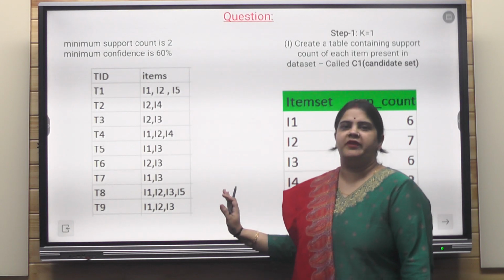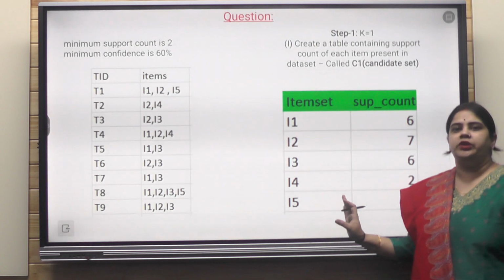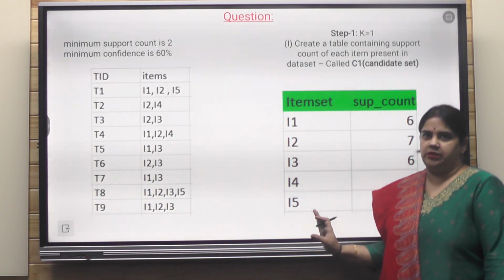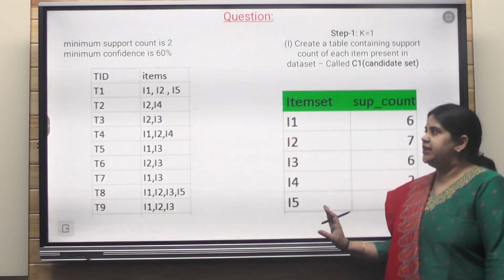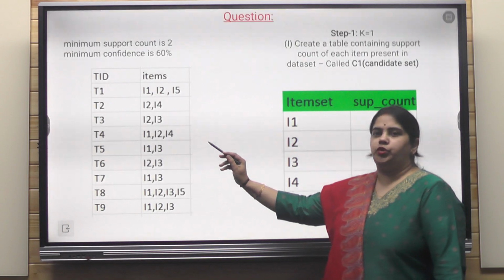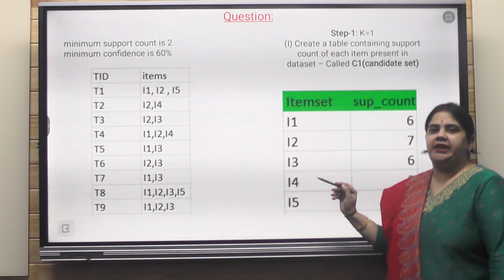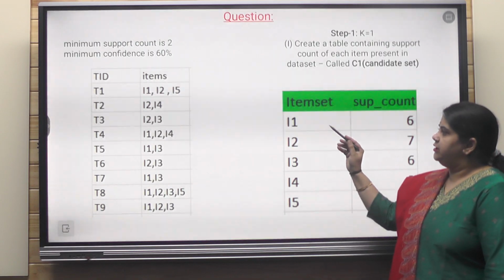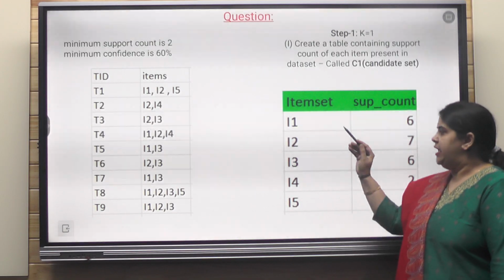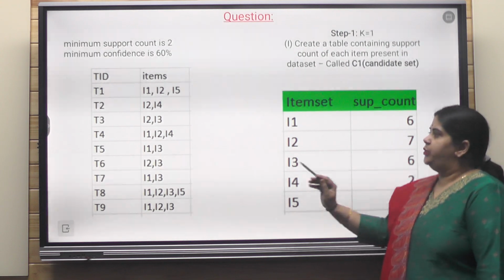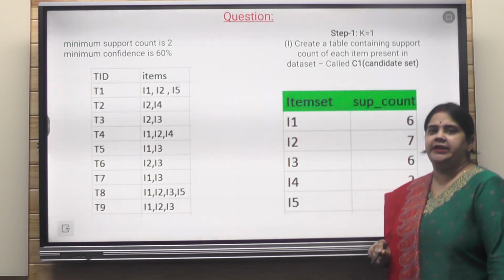So let's see how to solve and how iteration 1 will go. In the right-hand side column, we are going to create a candidate table. What does a candidate table mean? The candidate table for the first iteration says that the total items present over the transactions need to be written individually. We have seen that we have a total of 1, 2, 3, 4 and 5 items present in the transactions. So we have already written these as my itemsets.